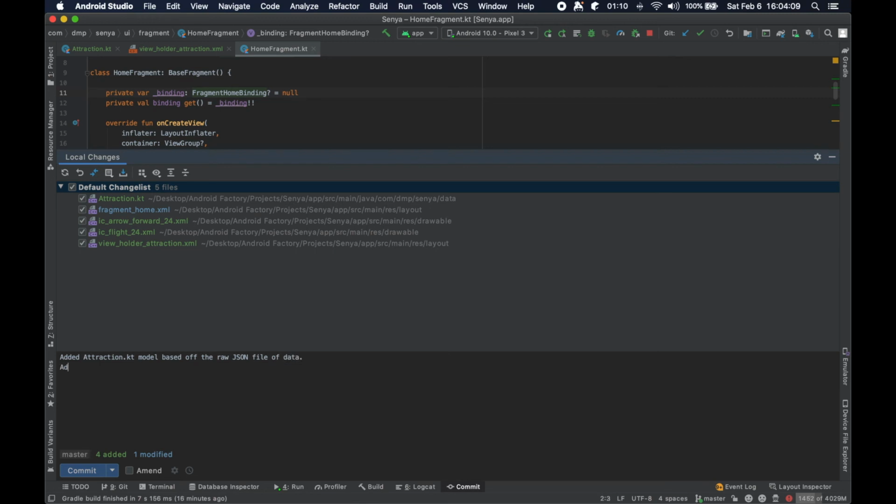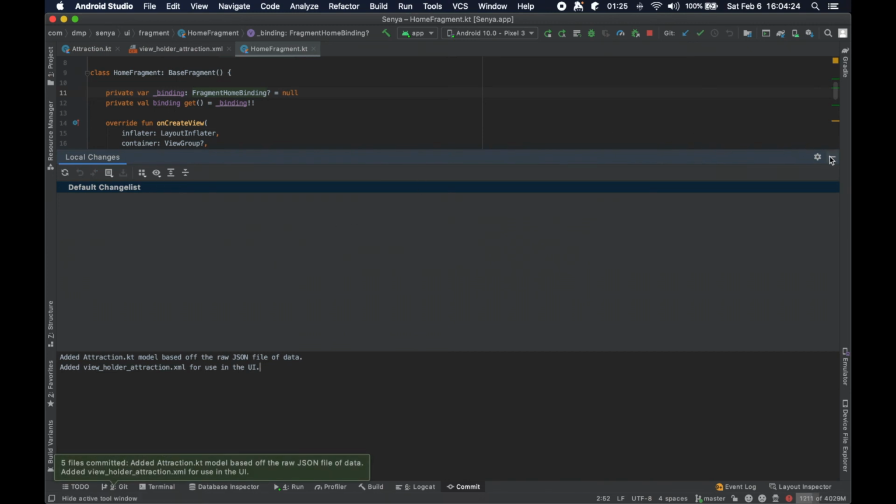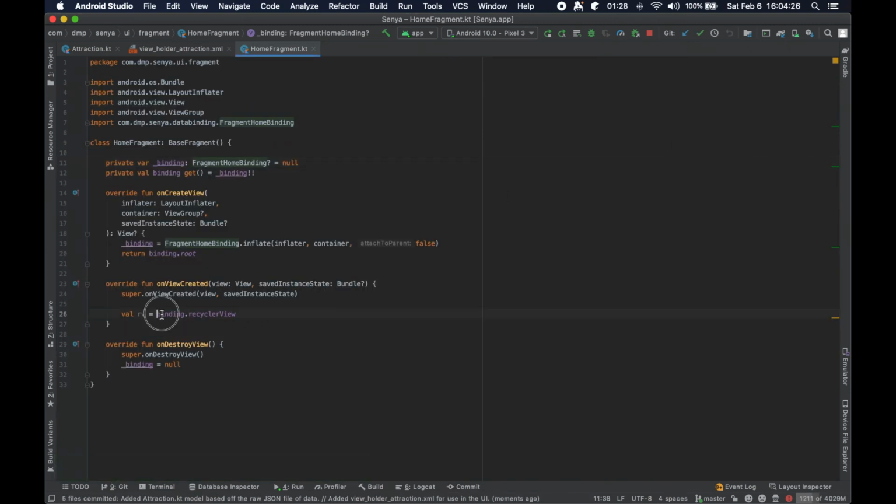And then we added the view holder for use in the UI. Okay, so we go ahead and commit that,